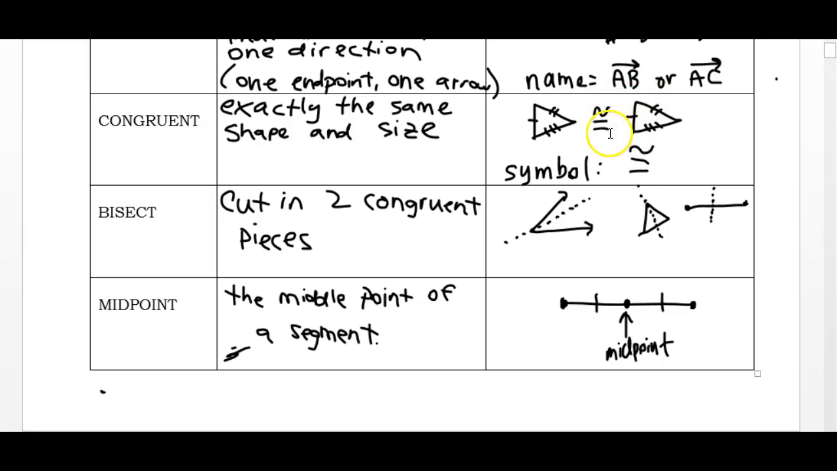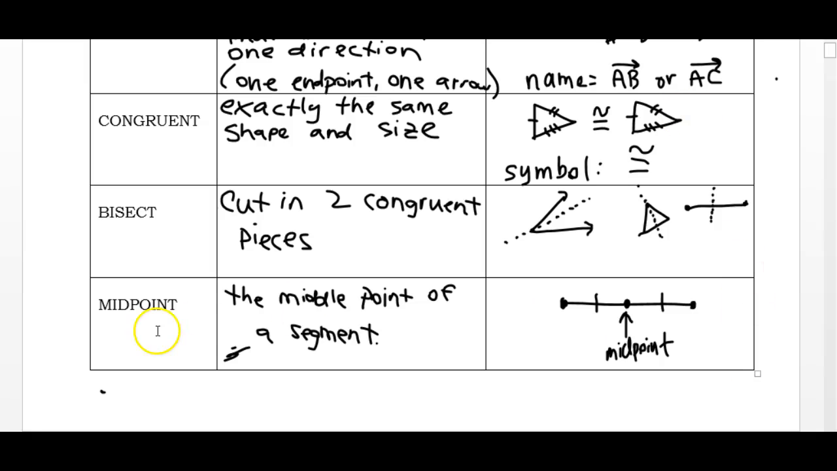The symbol in the middle means that they are congruent. It's like an equal sign with a squiggle on top. I've also added these marks on the triangle to show that the sides of the triangle are congruent. So this side is congruent to this side to this side,